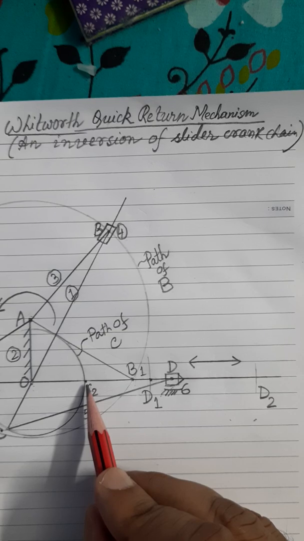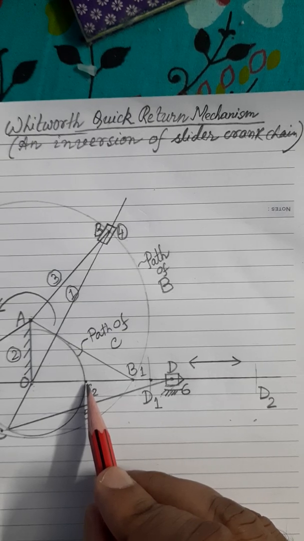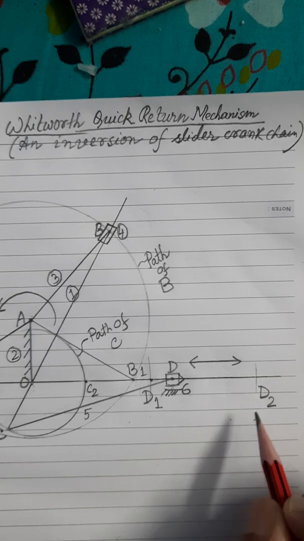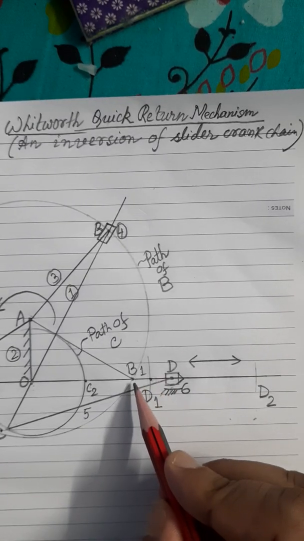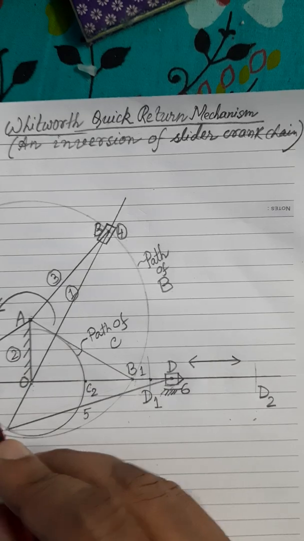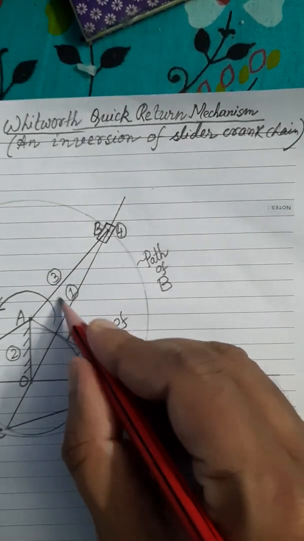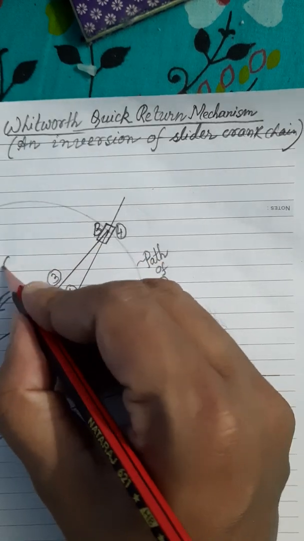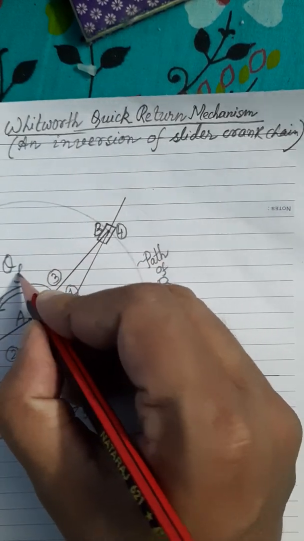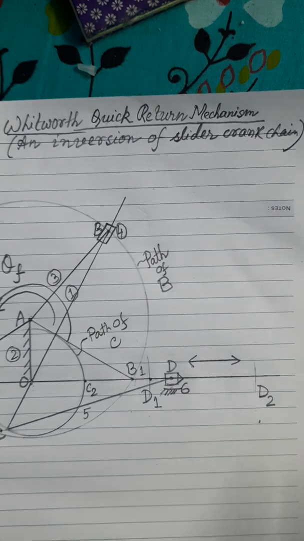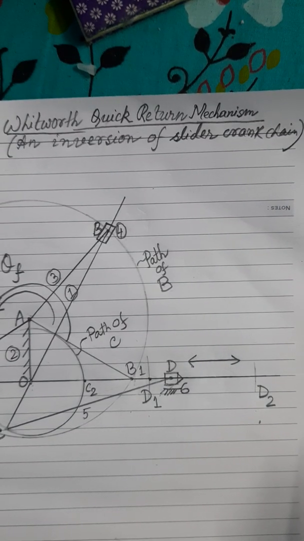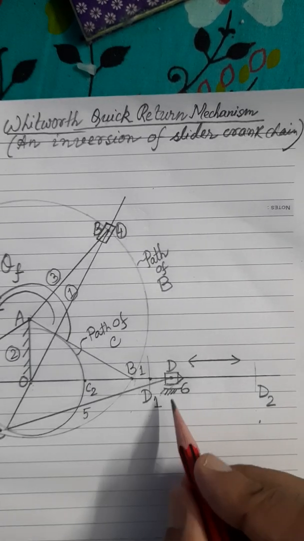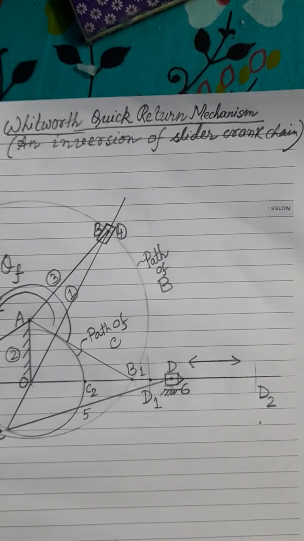That means point D goes from D1 to D2. So when point B1 goes to B2 through this path, this angle is front angle, theta f, responsible for movement of slider from D1 to D2,